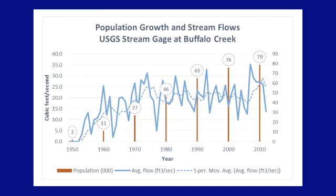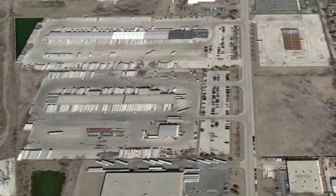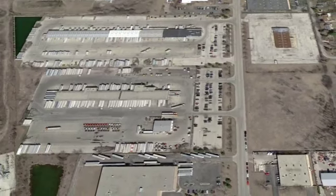During the 60-plus years the USGS has been monitoring stream flow, population in the Buffalo Creek watershed has increased from less than 5,000 to nearly 80,000 people. The average annual stream flow has increased by more than 50%, despite an increase of only 15% in precipitation in that time. Scientists who study stream flow believe that the main cause of this trend is an increase in impervious